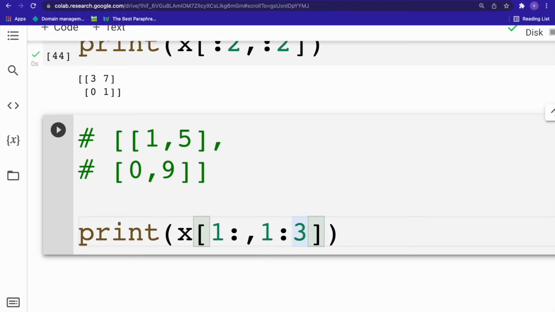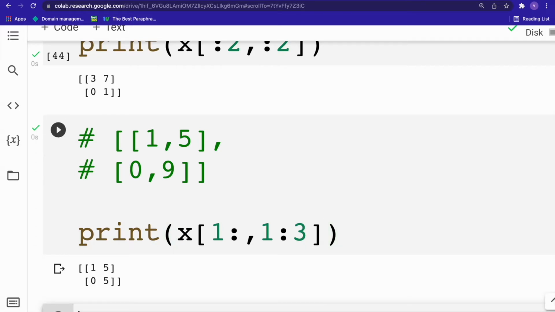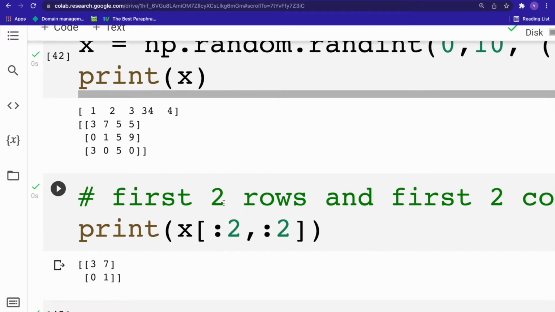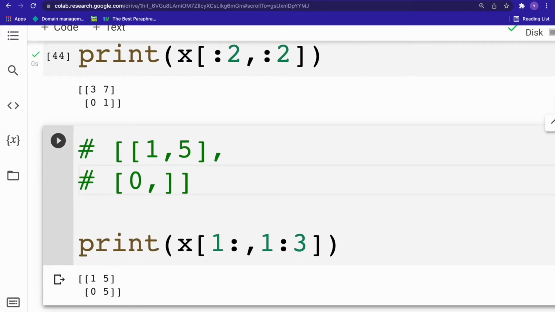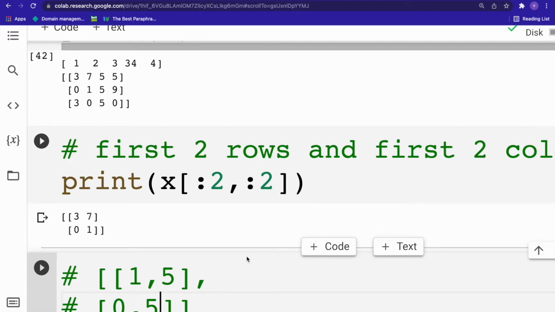It's intimidating, I know it is. It's hard for me to explain also, but bear with me. So you will be accessing columns 1 and 2 only, not 3, excluding 3. So it should give me what I want, and it will give me 1 5 and 0 5, I guess. So it is not 9, it is 0 5 only. So yeah, this is how you can achieve it. I hope this is the takeaway you can get from this, and this is how you can do array sub